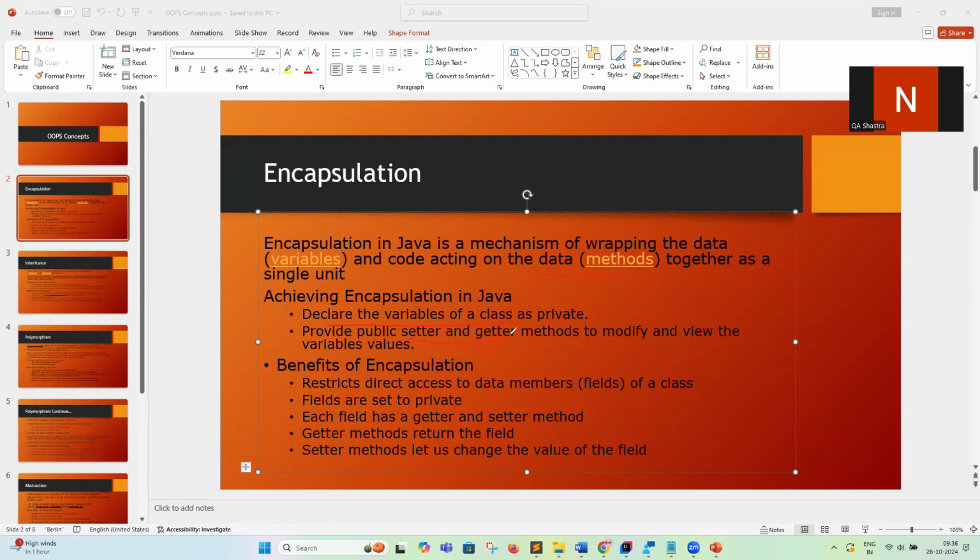I told you, a POJO class will follow getter and setter methods. By using these methods only, we can modify or view, we can retrieve the variable values. So this is restricting the data and making the fields private. Getter method must have a return type. Okay, setter method